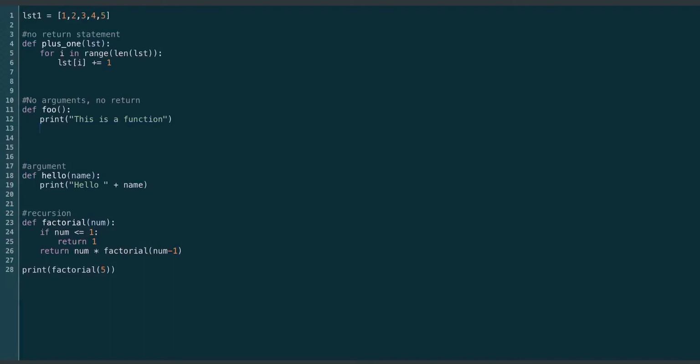Sometimes you pass things in, sometimes you don't. You can pass in anything as well, any object, number, string, list, whatever. So that was just the basic overview of functions, and next time we're going to be talking about